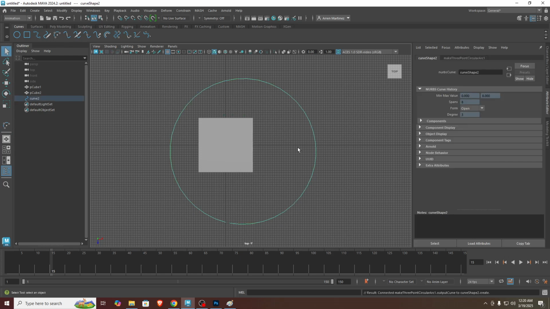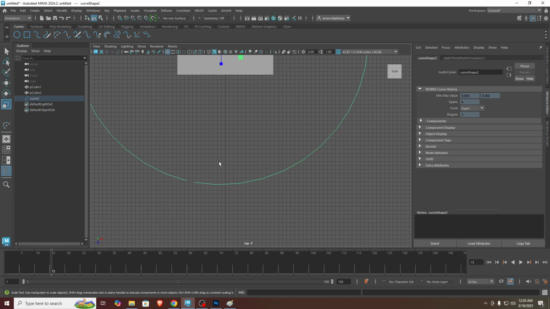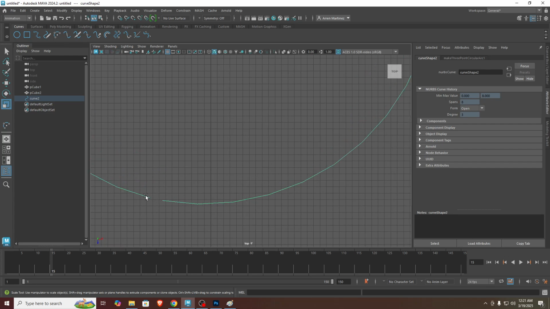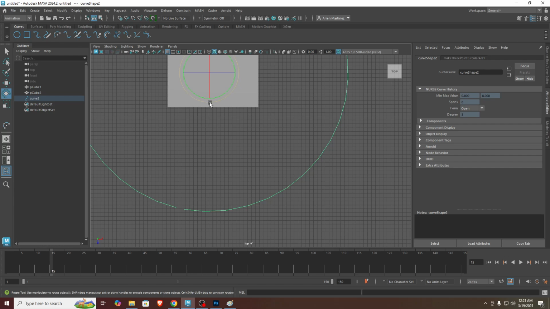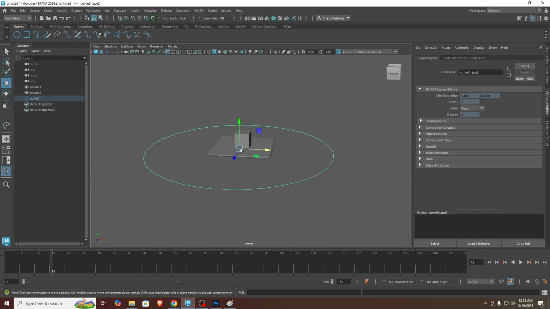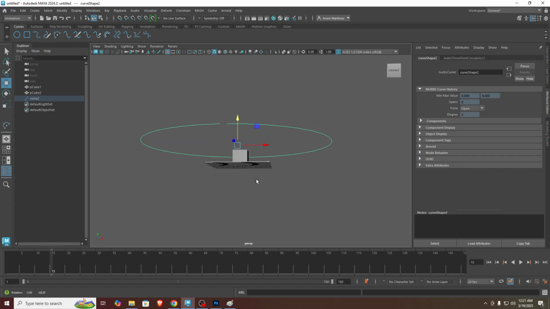and I will move this a little bit. I will scale it, and you see we have cuts here. So this is the starting point of the camera, and this is the end point, and I want to rotate it just like this. Okay, now I will elevate it,